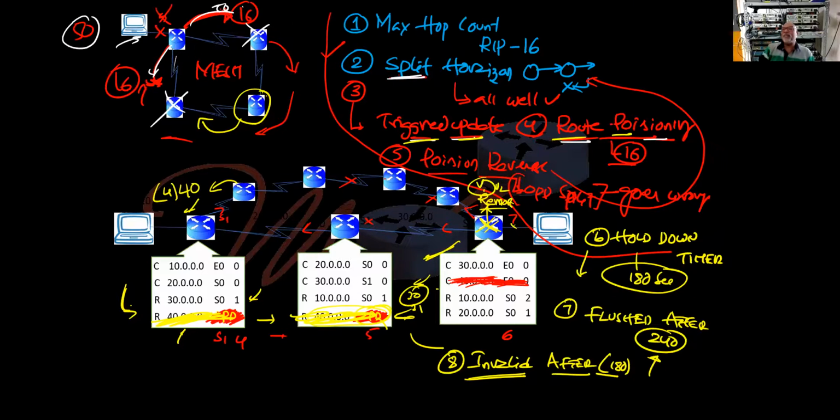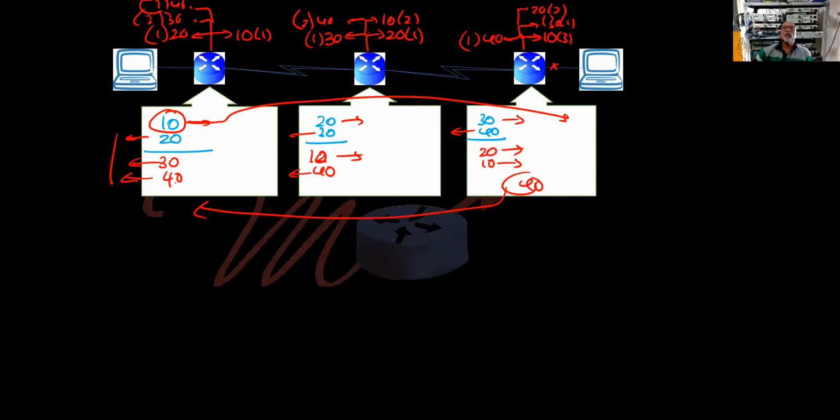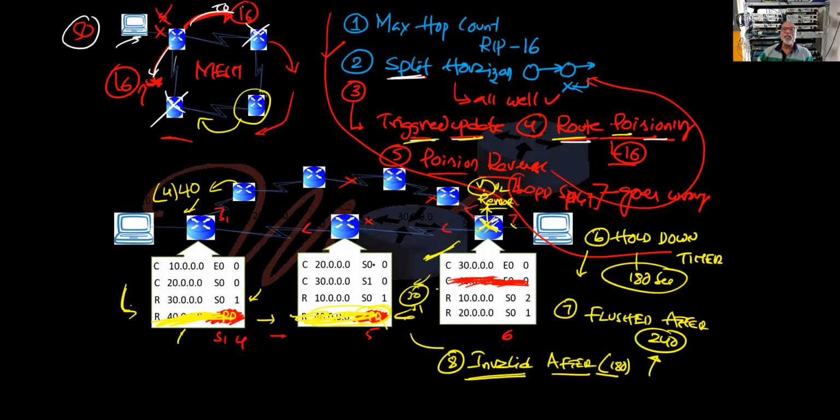So basically, when everything is fine, routes will go in one direction. When everything is fine, the only thing that works is split horizon. This one, 40 will go like this, 10 will go like this, everybody will work happily, everything is fine. But in a meshed topology, there will be problems. To avoid that, when all is well, this is it. When everything is fine in your life, you keep quiet. Happily life is going on.